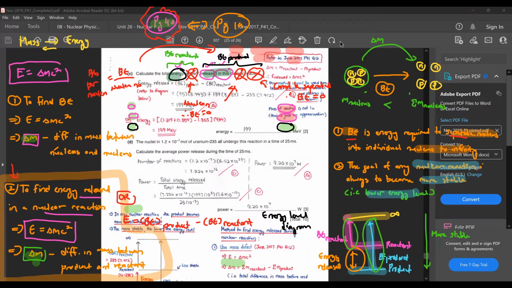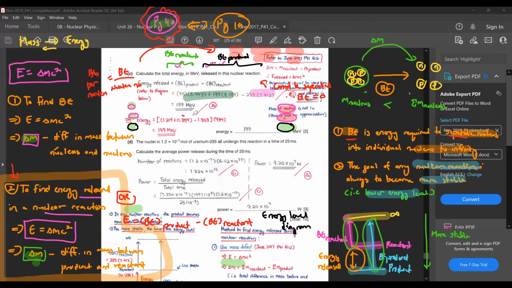So wait, let me just erase. Okay, so you notice that there are only three terms here. That is because I only consider uranium, molybdenum, and lanthanum. So this one was the BE of my products. This one here is the BE of my reactants. Eventually, to recap, the neutron,